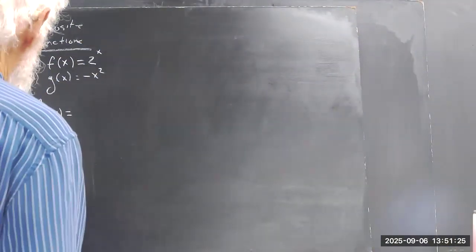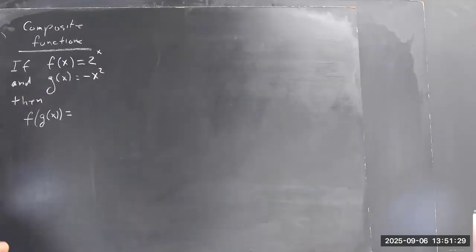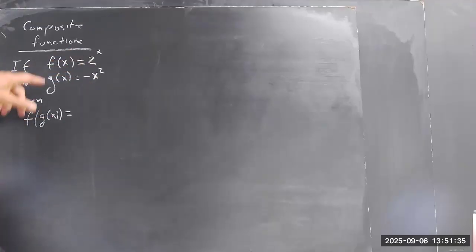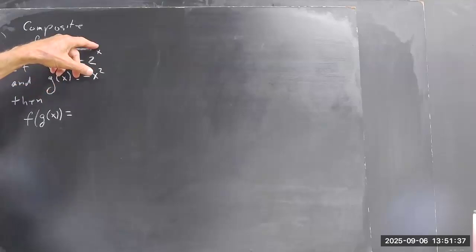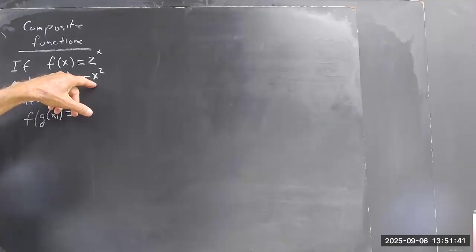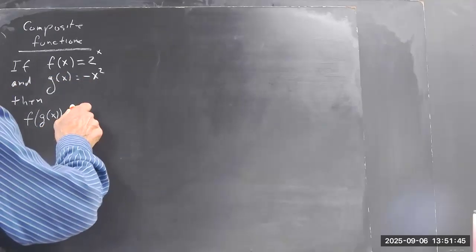Okay, now we're going to talk about composite functions a little bit. And one that I mentioned earlier was that bell-shaped curve. So I'm just going to show you how that can be built up from a couple of toolkit functions. Okay, if f of x equals 2 to the x and g of x equals -x squared, then you have to accept that